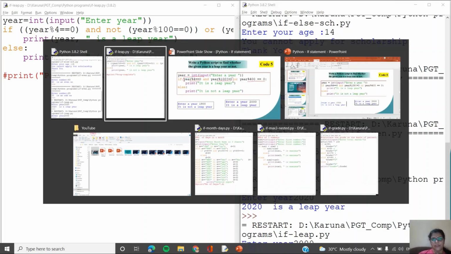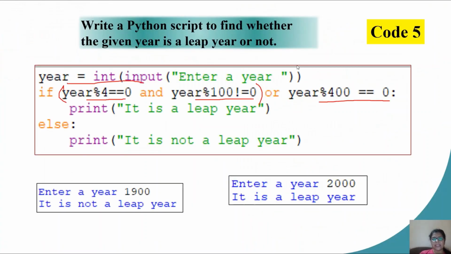Children, one more thing. When we are doing the combination of AND, OR and NOT, there is a precedence to this. The AND operator always has a higher priority than the OR operator. So that is the reason why I have not put these conditions inside brackets. Some other programmers might take it that the conditions joined using AND should be given in a bracket. But it works like this in Python.